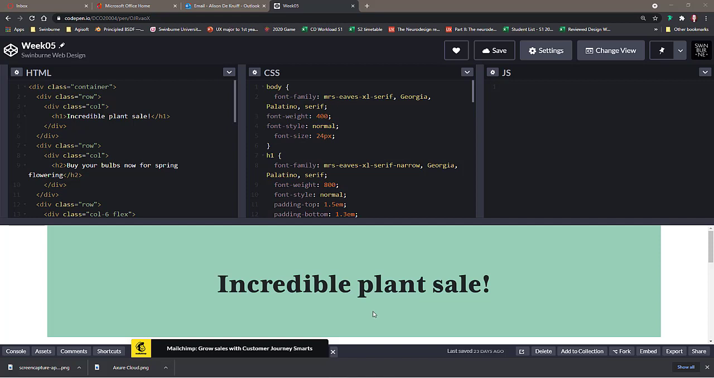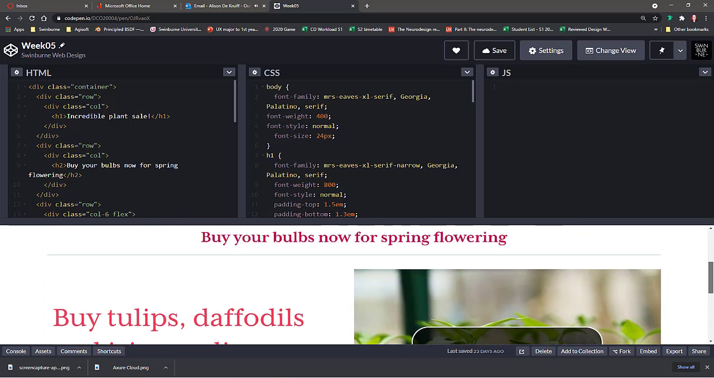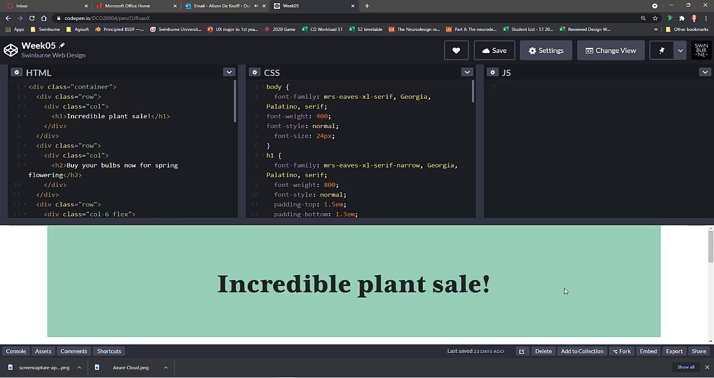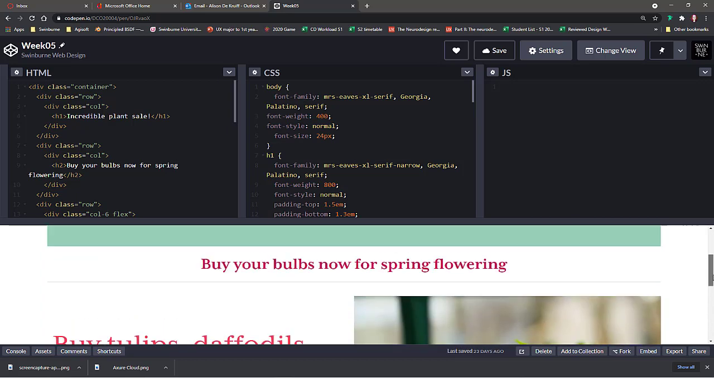So I'm going to show you how to do responsive design in CodePen. So let's start with the file that you had from week 5 where you've added some columns and some rows. So I've opened the week 5 file here. If we have a look down here, you can see I've got 2 columns. And so what we're going to do is collapse those 2 columns into one column when you're viewing this on